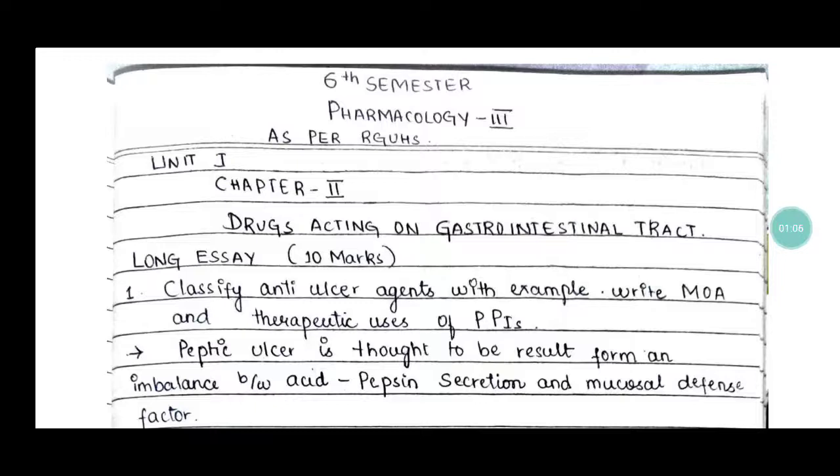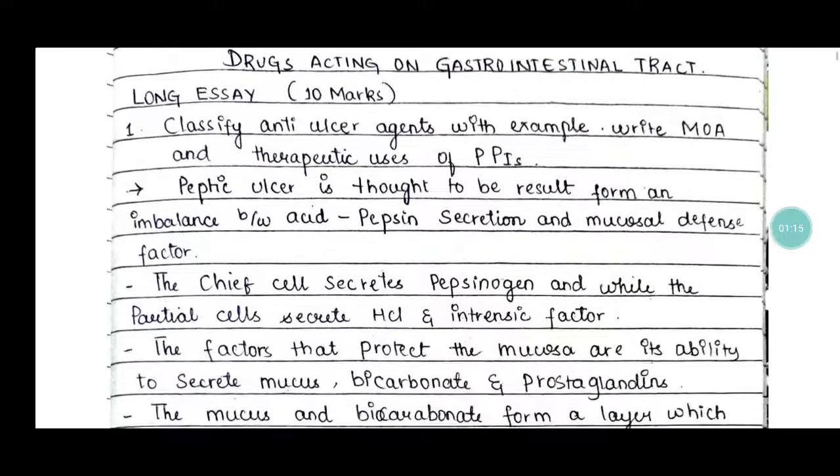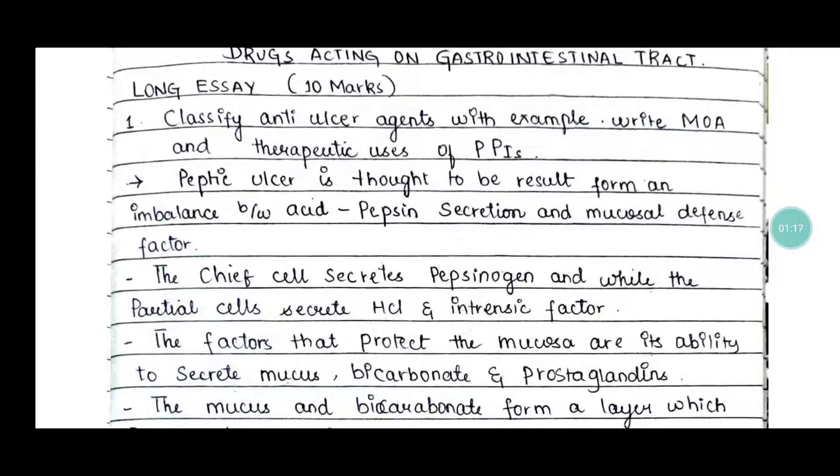I'll start from the second chapter, that is drugs acting on the gastrointestinal tract. So long essay, that is 10 marks. I'll start from the first question. Classify anti-ulcer agents with examples and write the mechanism of action and therapeutic uses of PPI, that is proton pump